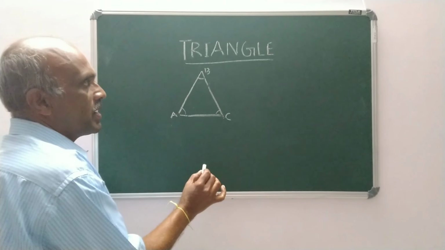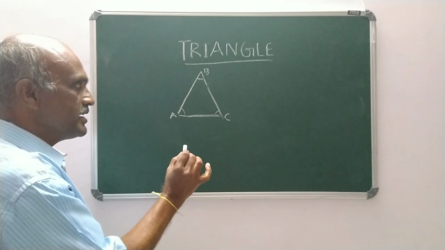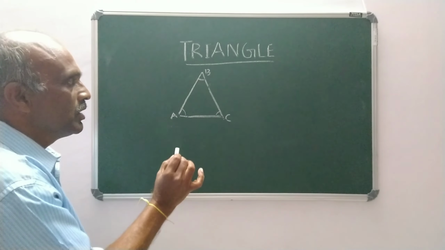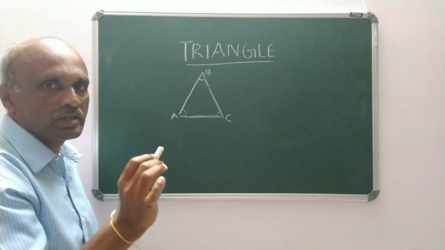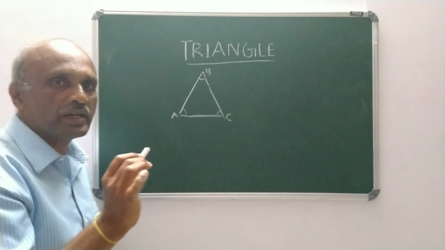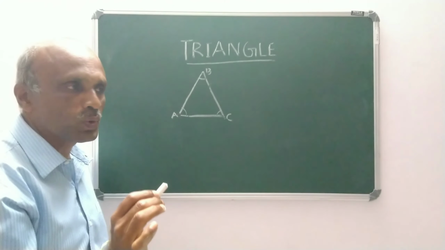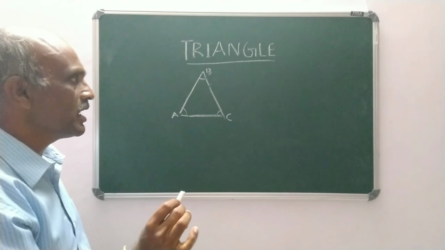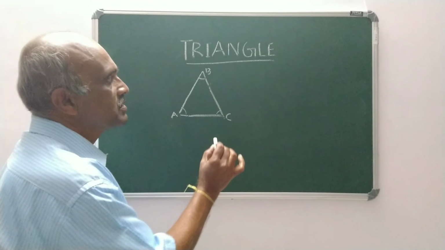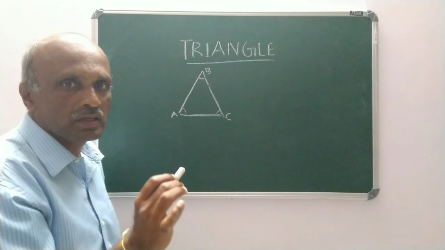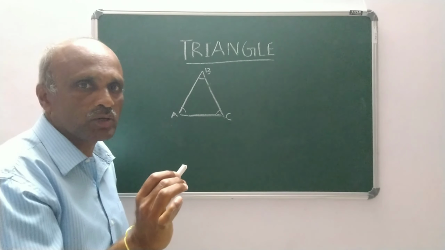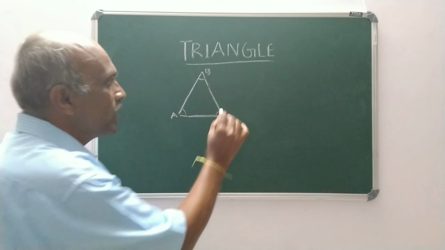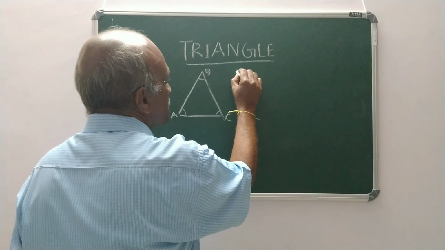So any triangle, for that matter, consists of three sides, three vertices and three angles. Only then are we going to say that the given figure is a triangle. Once you know the definition of a triangle, now we are going to understand the different types of triangles. Generally, there are three types of triangles. The first one is the equilateral triangle, the second one is the isosceles triangle, the third one is the scalene. I'm going to write down the types of triangles.